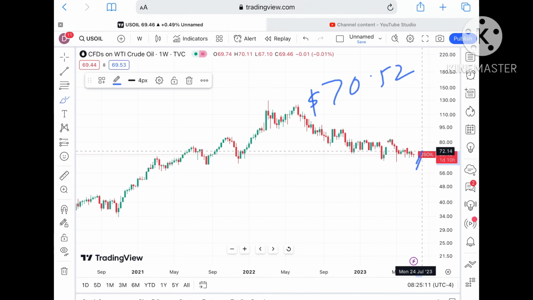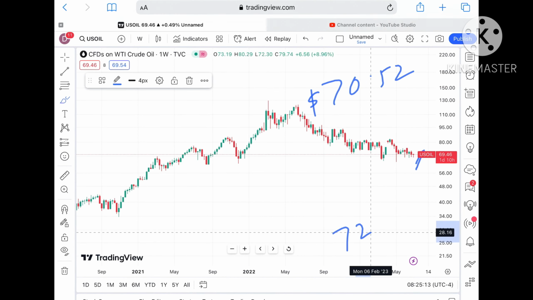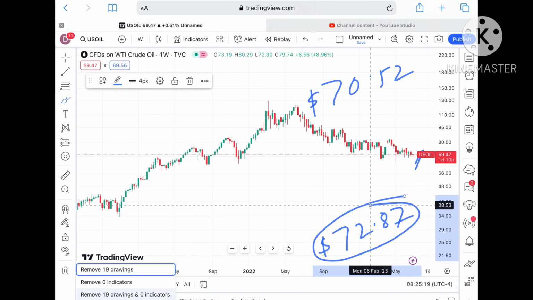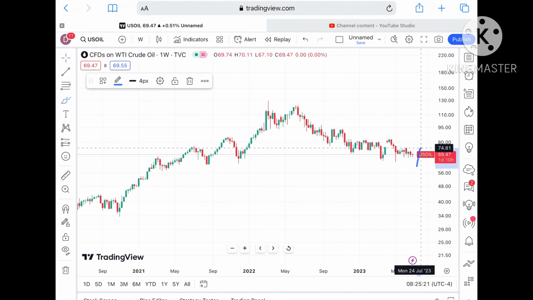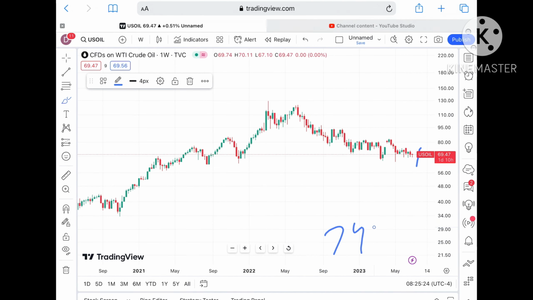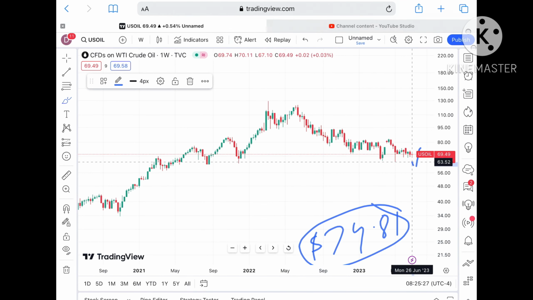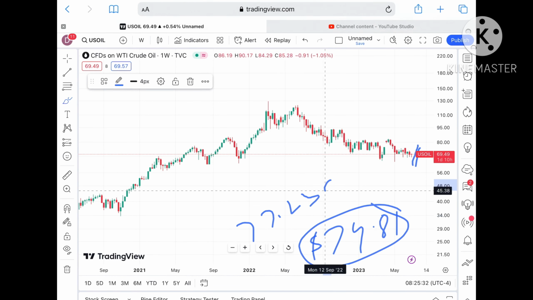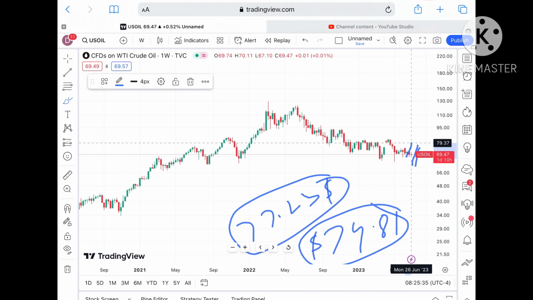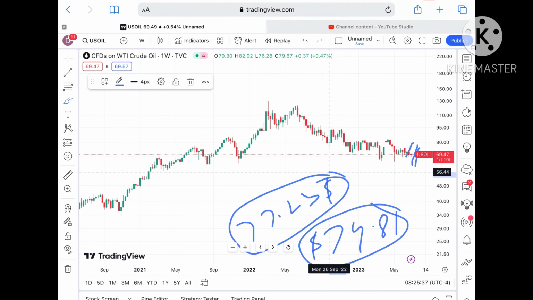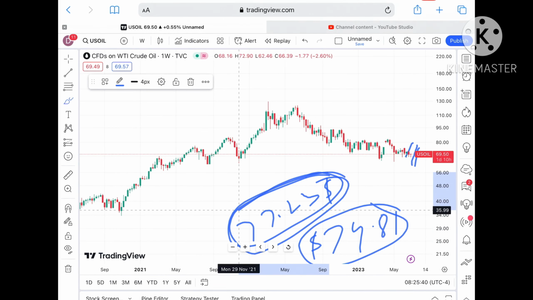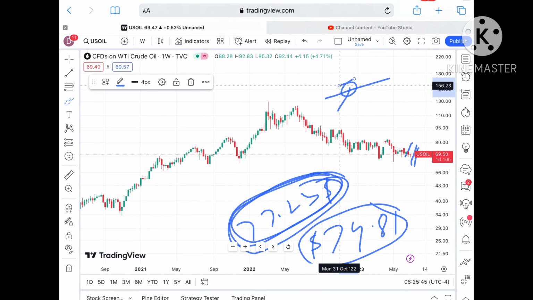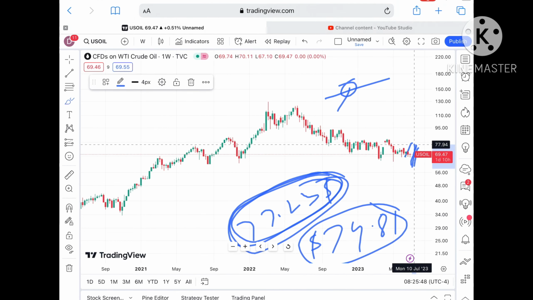If that level moves further upside, then we can see it touch a level of around $72.87. If the price moves above that level, chances of going further upside are there, and it can touch a level of around 74.81. This 74.81 is a weak resistance, so chances of going towards a level of $77.23 are there, and if the price moves above that level, it can touch around $77. Again I repeat, $77 is a strong resistance, so if it sustains above 77, we can see further upside towards a level of around $79.8.